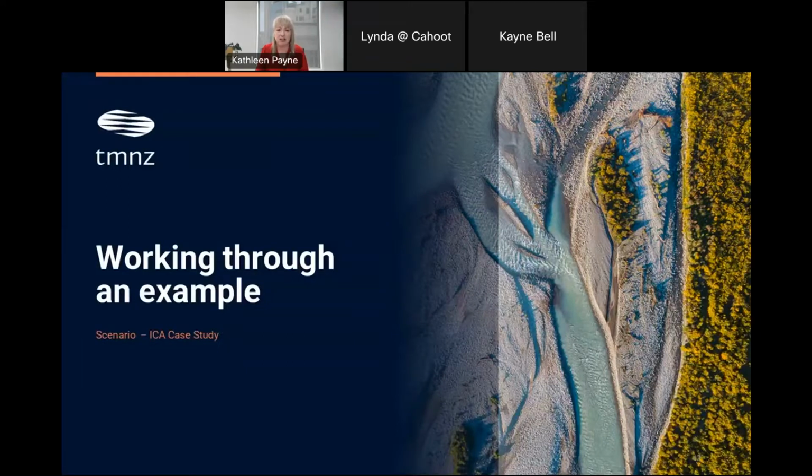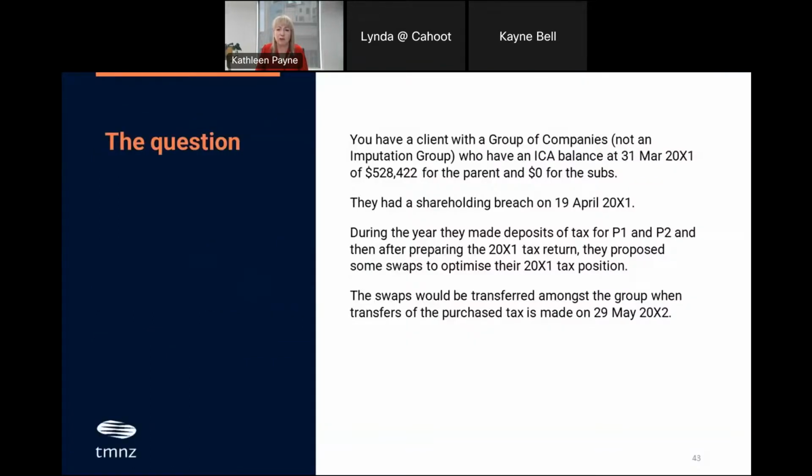And I really like this example because, one, it's a true example. It came from a client who said, I've got this position, can you give me advice on what the impact is on my ICA? And then we thought it was such a good example that we would use it for case studies going forward. So the question, you've got a client with a group of companies,